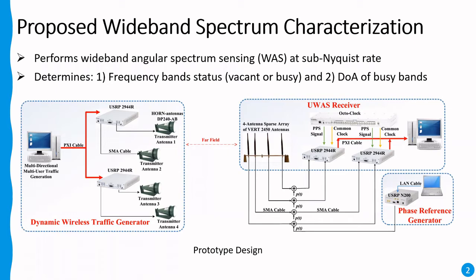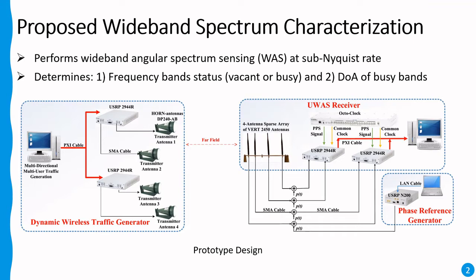In the far field region, we kept the design wideband angular sensing receiver module where the antenna array receives the multi-directional multi-user signals. The output of antenna array is combined with the phase reference signal, which is generated in the phase reference generator module and is transmitted via equal length SMA cables. The combined signal is then sent to the receiver NI-USRPs followed by the baseband signal processing in the processing unit. In order to synchronize the ADCs and local oscillators of both the receiver USRPs, we used octoclock to transmit the common clock signal and PPS signal to both the USRPs.